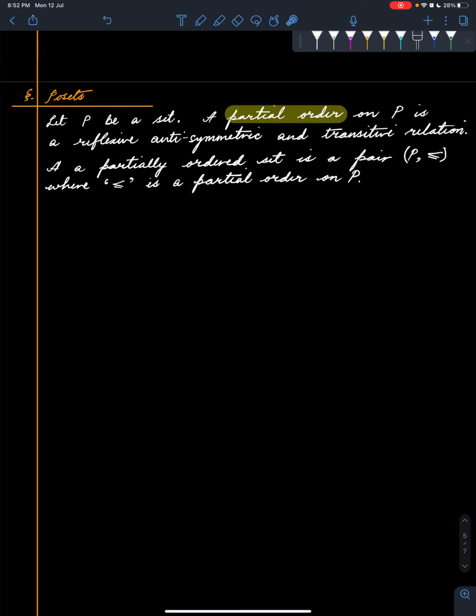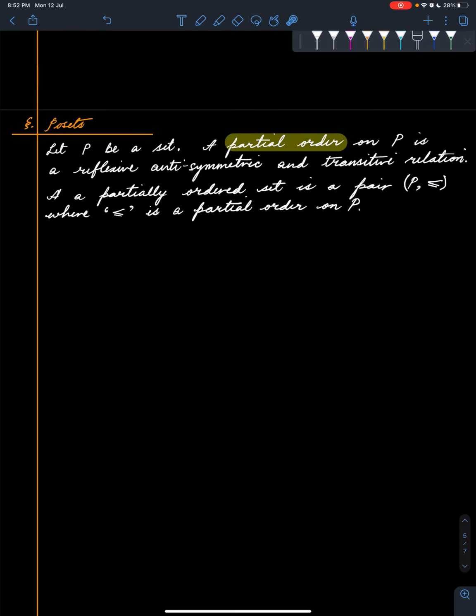So this may be confusing because this symbol is used to denote the order relations on things like integers and natural numbers, etc. In a general partially ordered set, we continue to use the same symbol because it is really in the same capacity that we use it. If you feel that this is confusing, you can put an R here and that's completely fine, but I would encourage you to